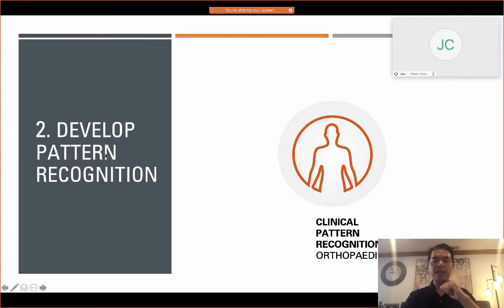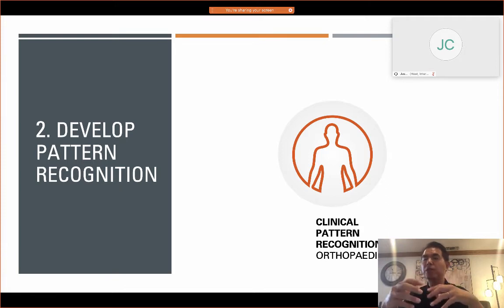All right, the next thing I want to share is the idea of developing pattern recognition. Pattern recognition is a mark of expert clinicians. So when a shoulder patient walks in and is looking at your instructor or my instructor as a therapist, already from the way they move, the story that they tell us, we've already begun to categorize the patient into a clinical pattern, right?